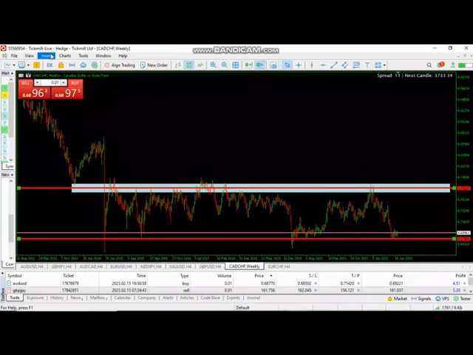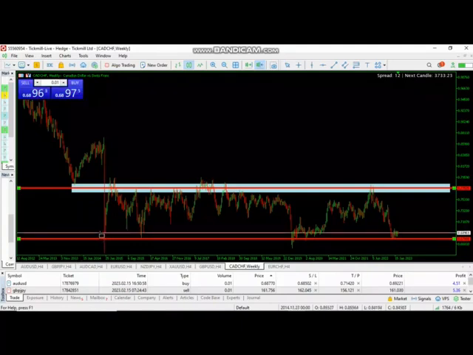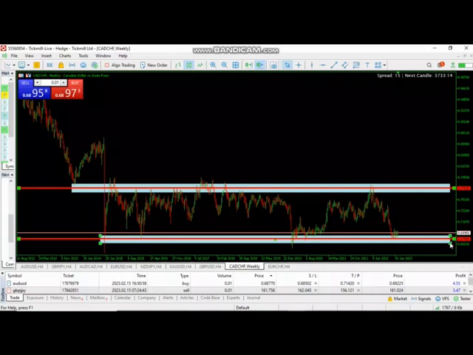So now I will go back to Insert, Objects. If your rectangle is not there, go down to Shapes. You can find your rectangle there. And I'm going to mark this area off quickly here. That's just a bit too wide, so let's thin it down a bit, to there, to there. All right, look for the little box right over there. So now I've got two supply and demand areas. I've got a supply and I've got a demand. All right, so this is where people are going to sell and this is where people are going to buy